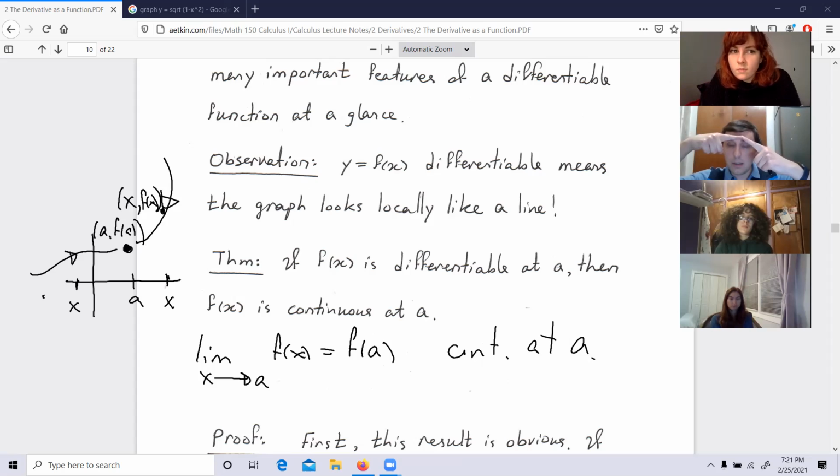Yes? What I imagine is that I'm sliding my fingers along the curve towards the point A from left and right, and my fingers, when I'm sliding, are supposed to merge in the same location. Mathematically, it just means that calculating the limit produces the same result as plugging in the value a. Good?